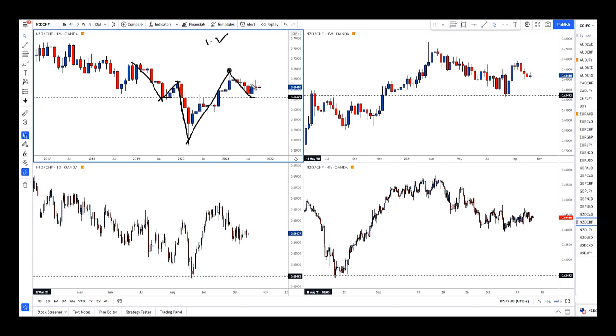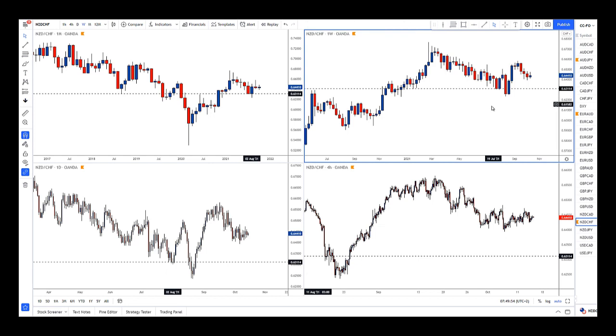Check. Do I have a monthly candle action? Yes, I have. Check. Do I have a weekly move? Yes, I have a weekly move. Check. Do I have a daily or a 4-hour pattern? Yes, you have. So now you go to this level in here, and do you see on the daily chart